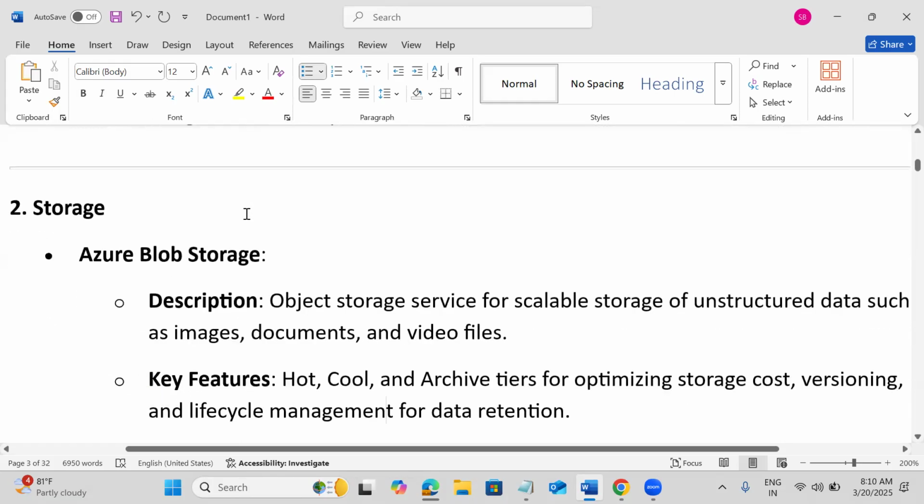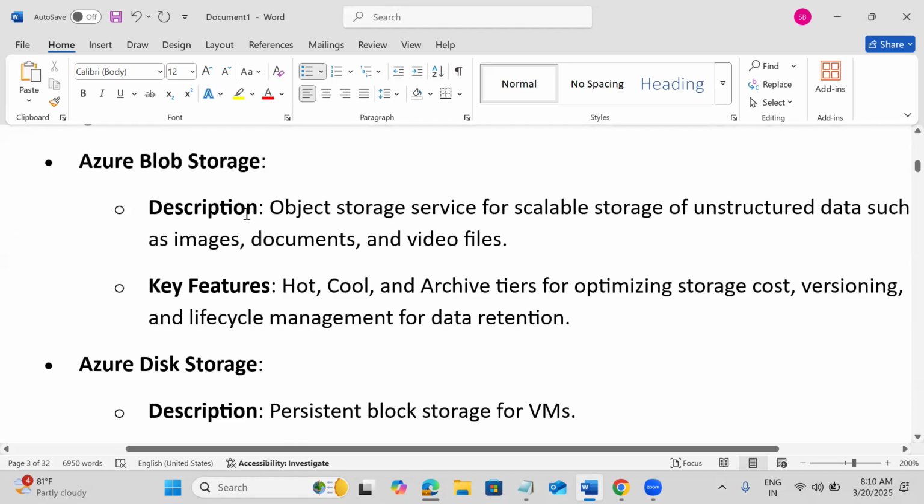Coming to the storage, in the storage we have Blob Storage. Blob Storage is nothing but object-level storage. What we are going to store is object-level data. We can store our data in Blob Storage, and from anywhere we can access it.